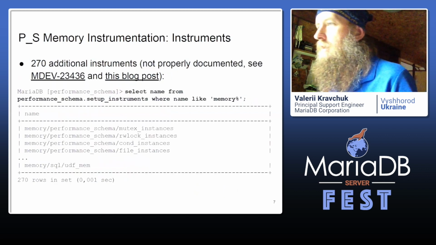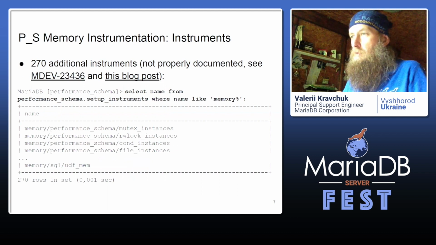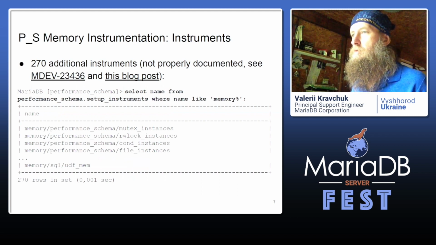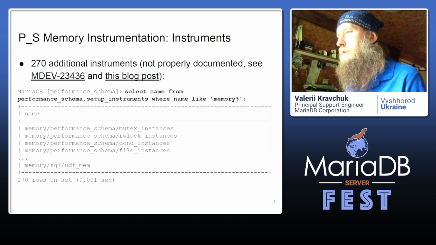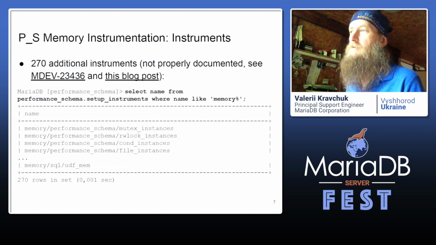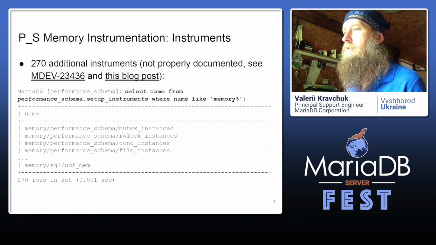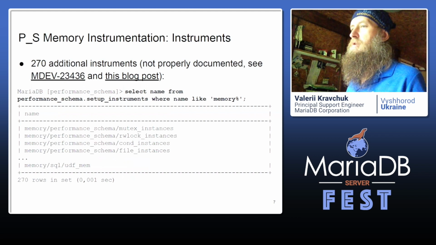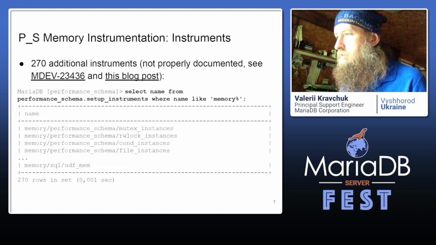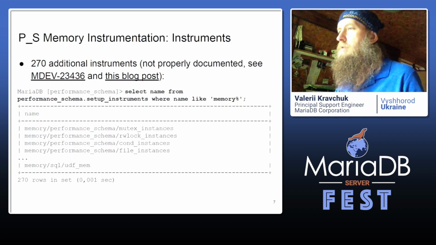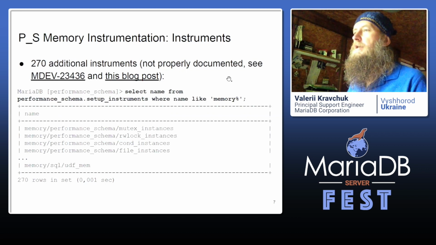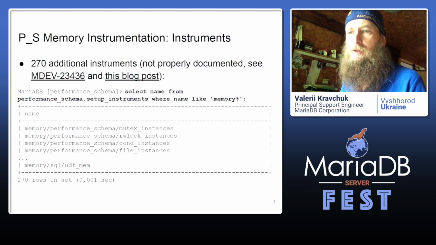So to summarize, performance schema instruments are still controlled in the same way as before. If you want to instrument something, you have to enable specific instruments, and you do that through the performance_schema.setup_instruments table. So we have additionally, just for memory instrumentation, added 270 instruments starting with memory. That's cool. They cannot be timed, but they should be enabled. Some are enabled, some are not enabled. An important thing about the instruments, and it's presented in my blog post, is that some of these instruments are not enabled at startup.